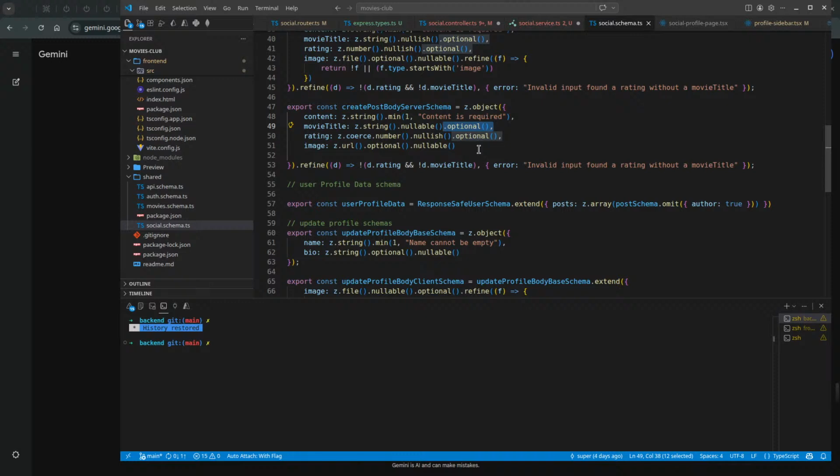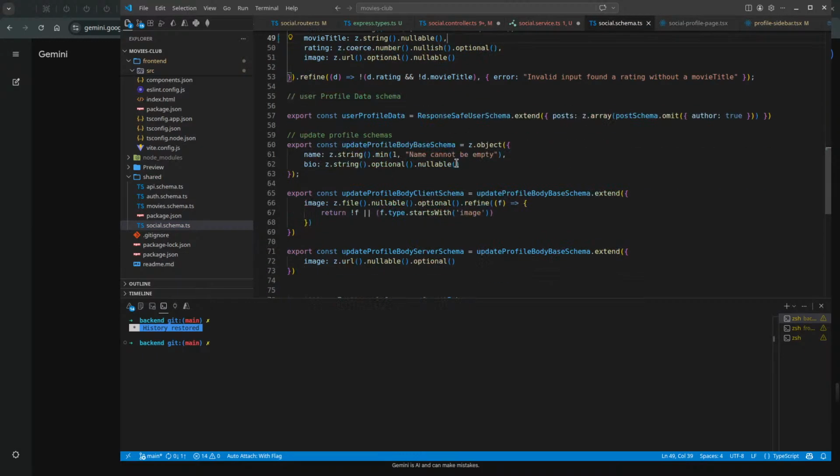Okay. I can remove optional, although it should exist because it's okay to send the request without movie title. But maybe if I remove optional I won't have undefined.